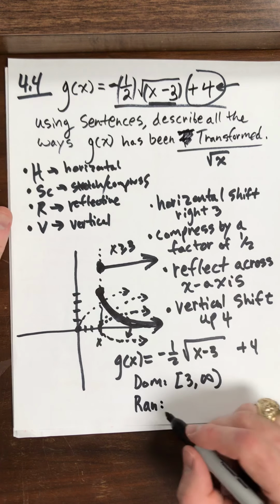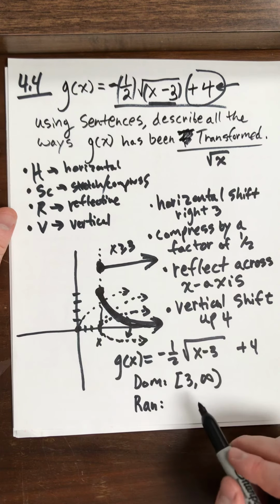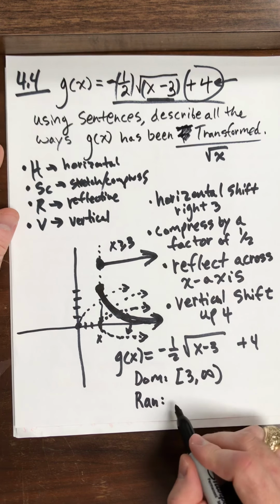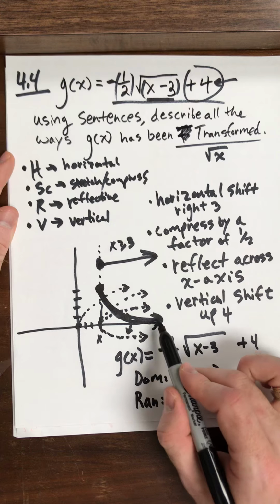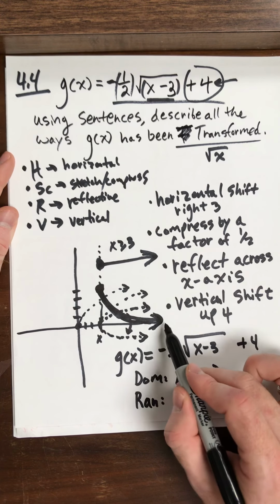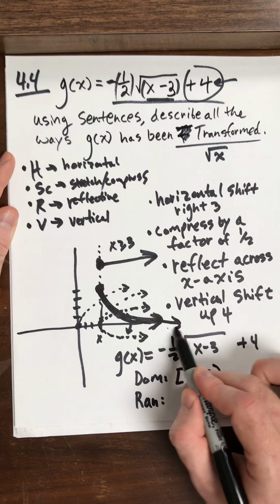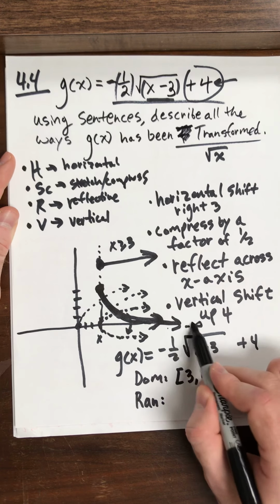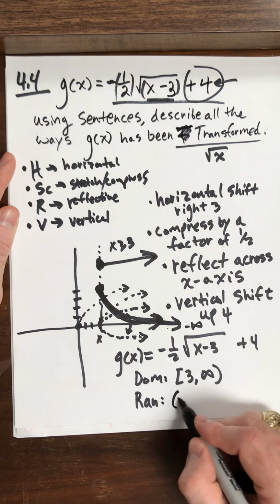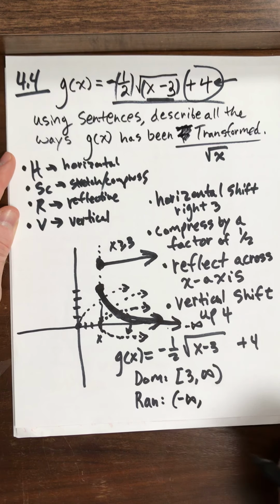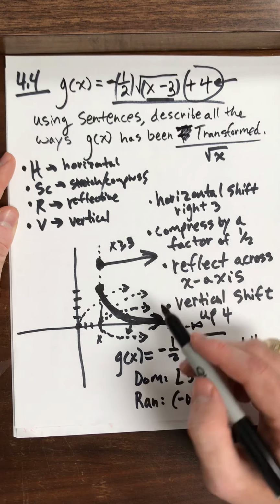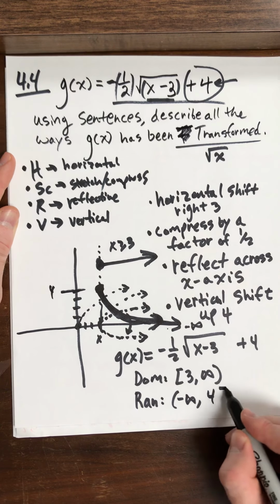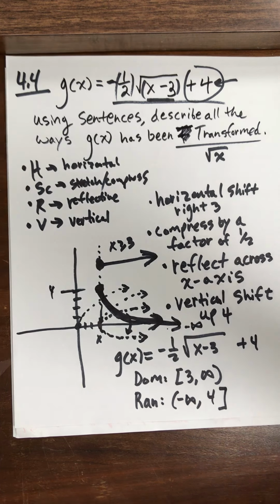All right, when I do range, I go from bottom to top, just like with domain, I go from left to right. So range, the lowest I go, well, it kind of looks weird, but it actually keeps going down and down. It's just going down at a slower rate than you might think. It's going down to negative infinity, parentheses, negative infinity, up to, well, what's the highest it gets up to? It gets up to 4, and we include the value 4. All right,